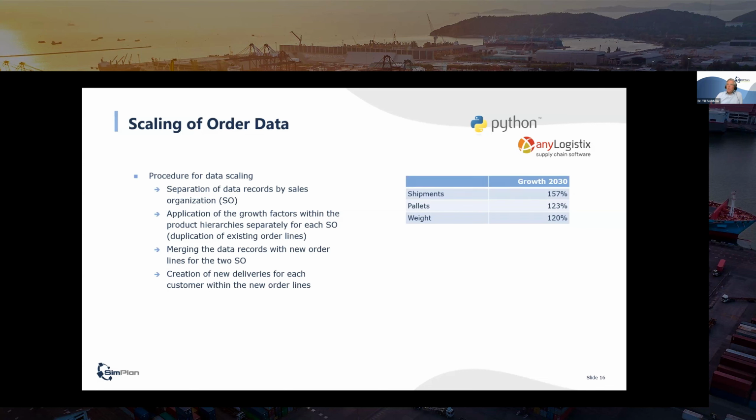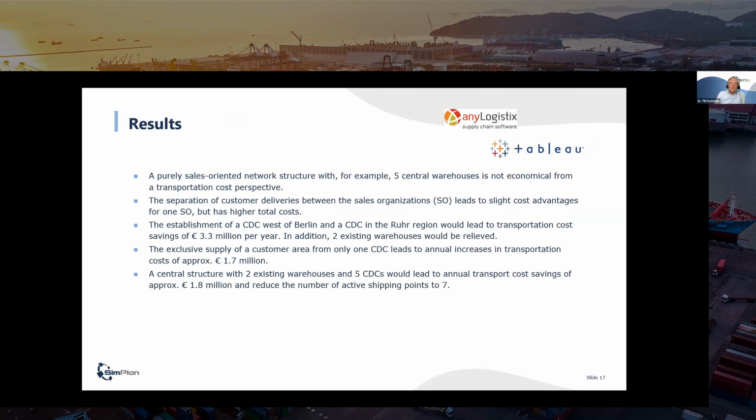I can tell you that we did 50 or 60 optimizations to come up with 15 optimization runs. We are further evaluating the results, and these results are shown on the next slide before we go into the